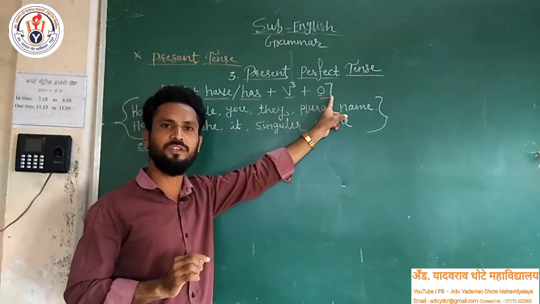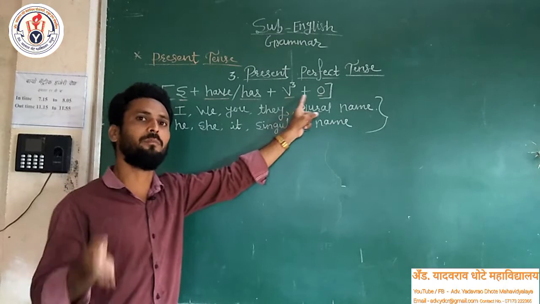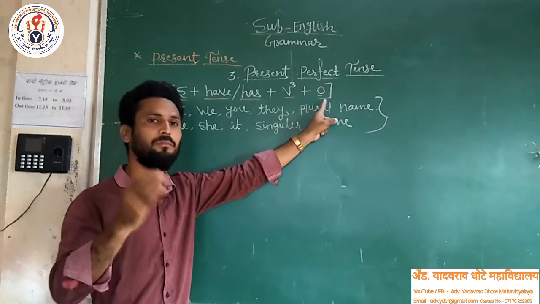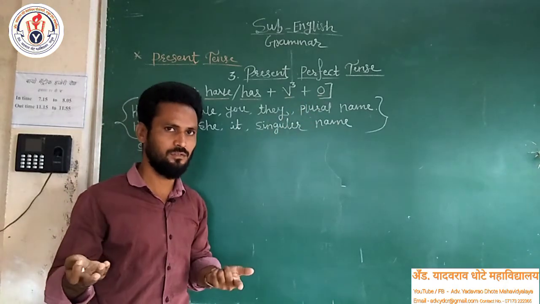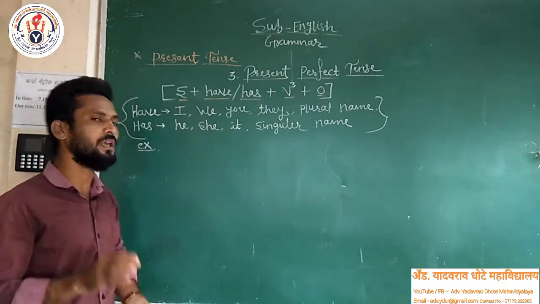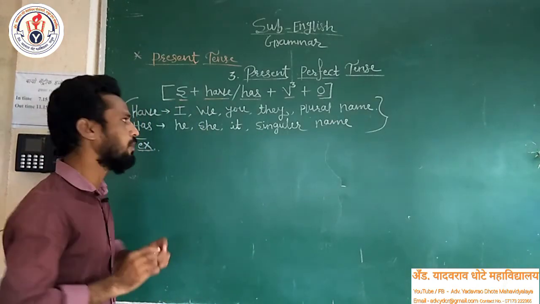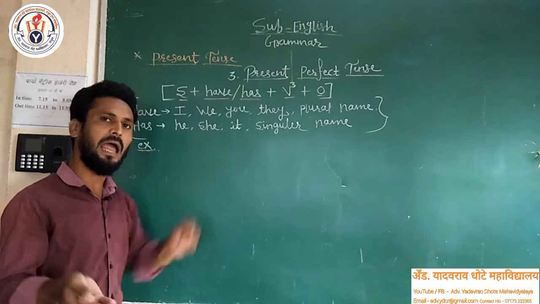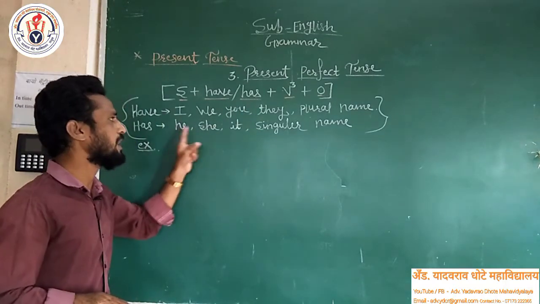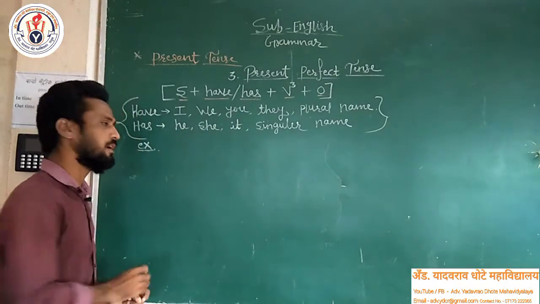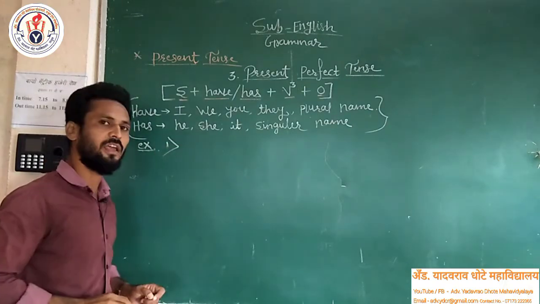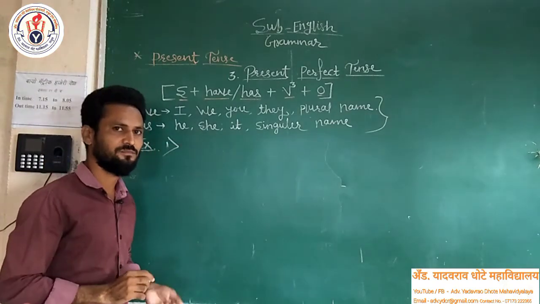And the last one, object. After the verb, the remaining part of the sentence, the remaining part of the structure, is called the object. So in this way, there is a very easy formula to implement. Now with the help of this formula and by studying the classification of the to be form, we will compose some examples of present perfect tense.